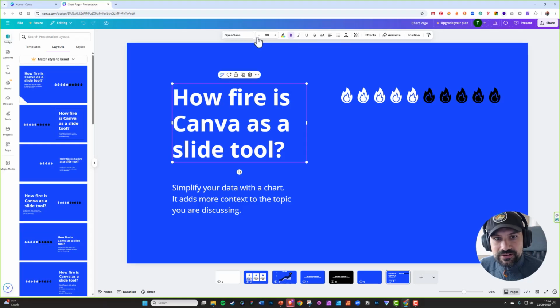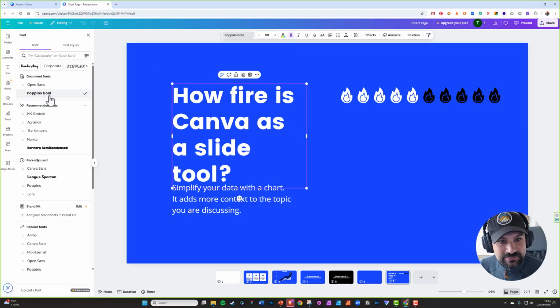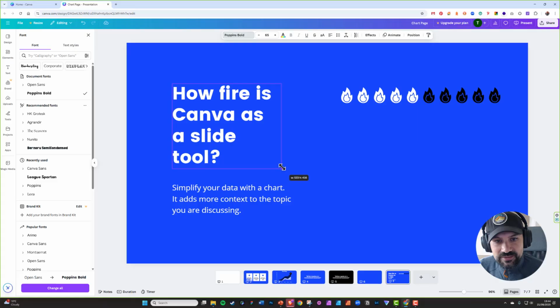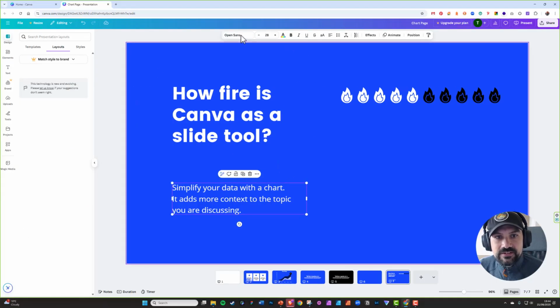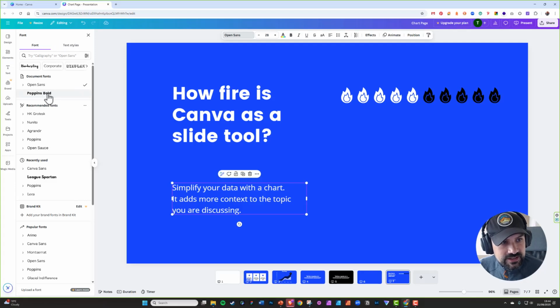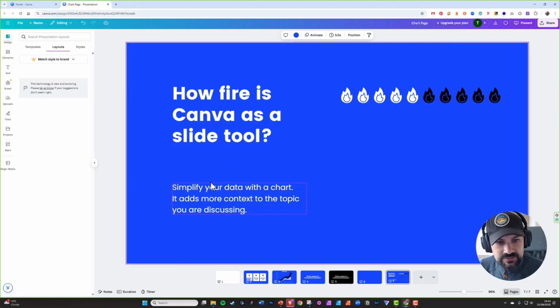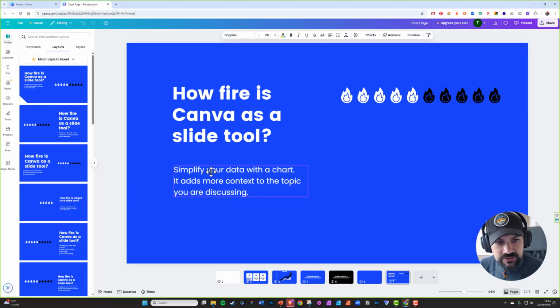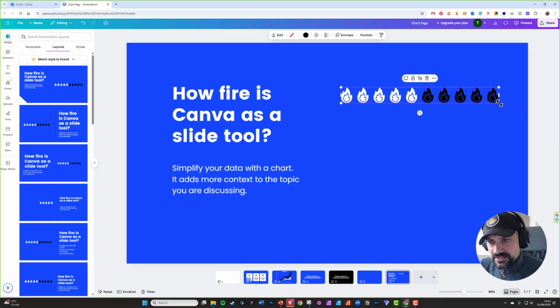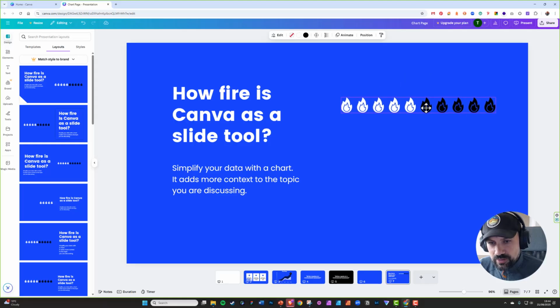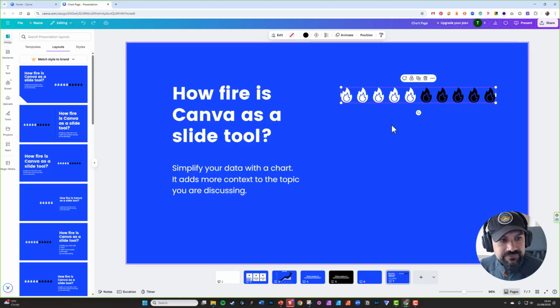Might seem harsh, but I'm a tough man to please. So again, for consistency, it doesn't seem to automatically apply the text that you have. Maybe you can set that up because it has recommended fonts here. But obviously I know Poppins is what we want to use consistently across. I might do something like this, but you know what, I would probably want to have